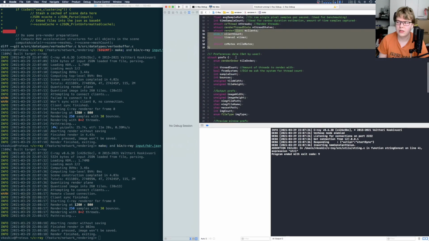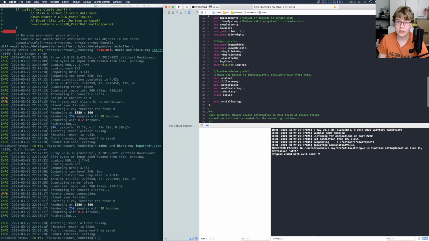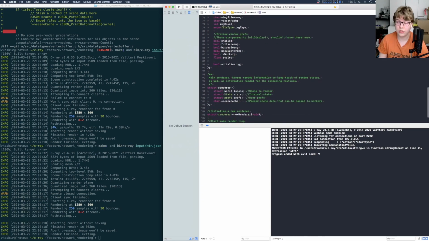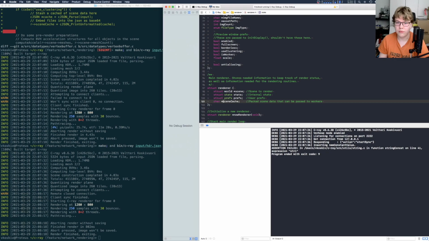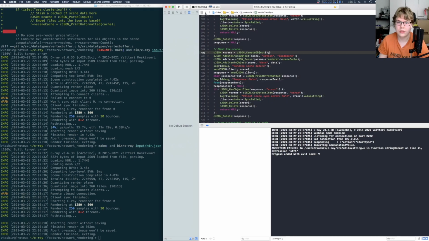So I started rethinking it, and then I decided that instead of doing that, we're just going to pass all the same things that the master node loads from disk to the worker nodes. And that's what we're going to work on tonight, or at least try to get working. So the JSON is easy enough. We can load it from disk in the master node, cache that into this bit right here, and then send that out later. Like I just showed you, it'll get that scene cache, parse that out,